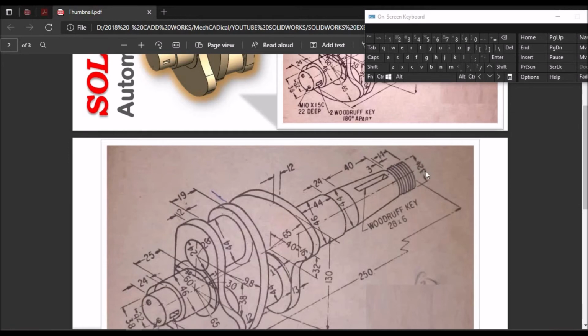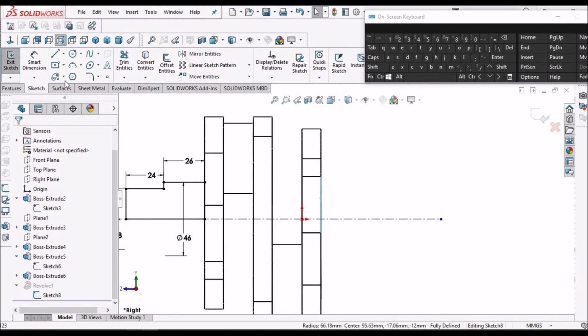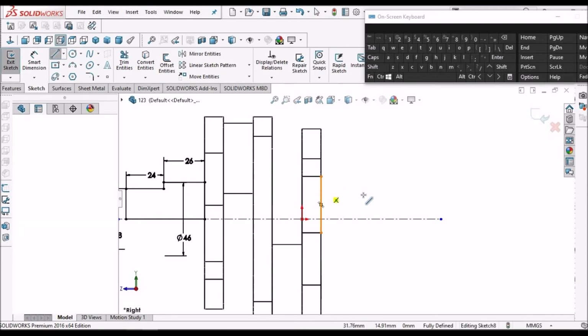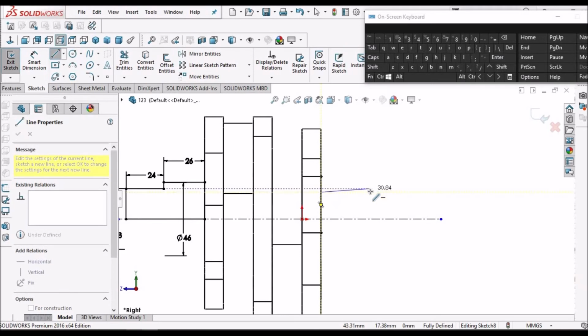And this threaded diameter is 32. So let's start. Select this edge, convert entity, and this distance is 44.